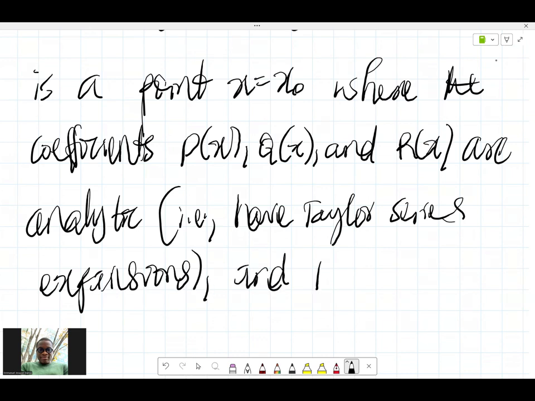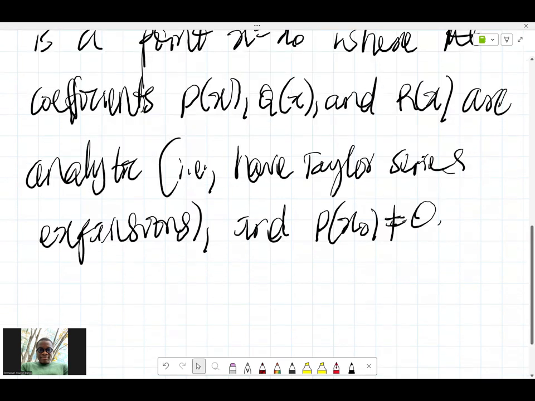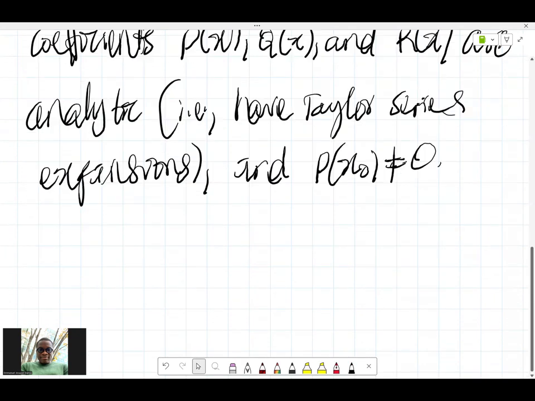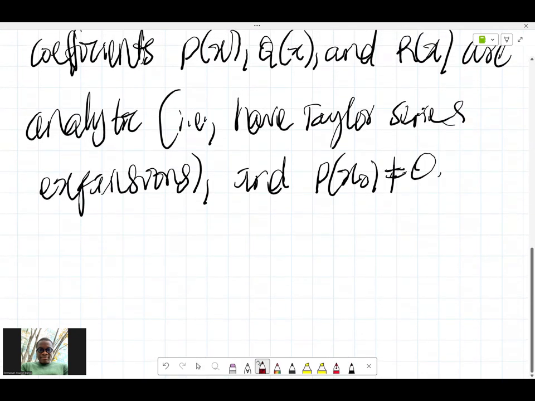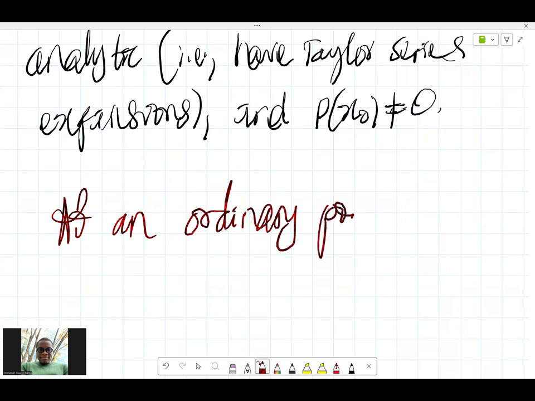And we also know that p of x naught is not equal to 0. All those functions can be expressed as Taylor series, and then evaluating p of x naught, you don't get 0. Because if p of x is 0, for instance, the second order term is gone, right? With that said, you should also know that at an ordinary point,